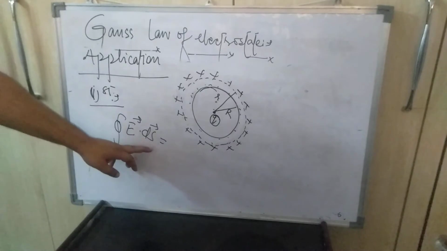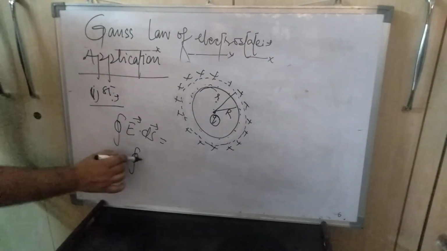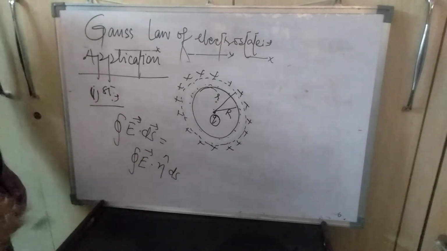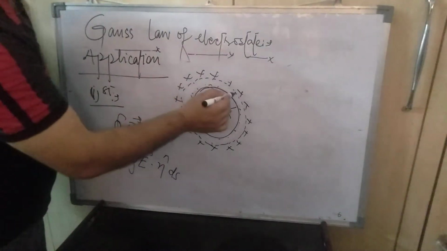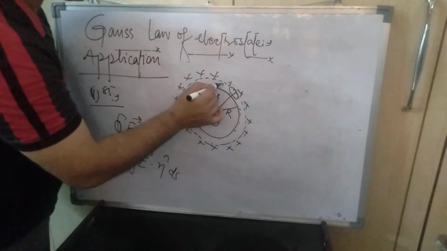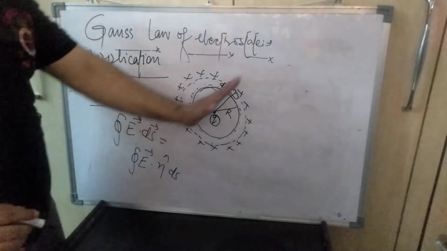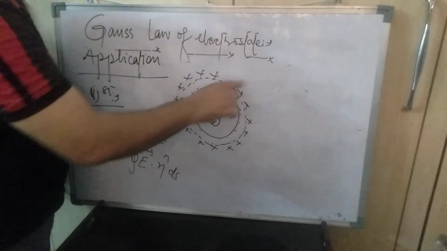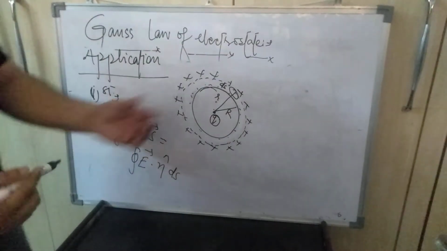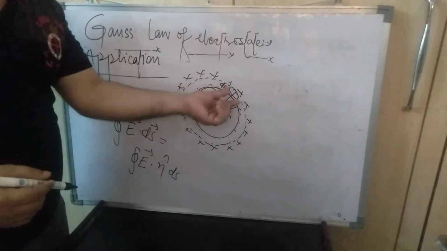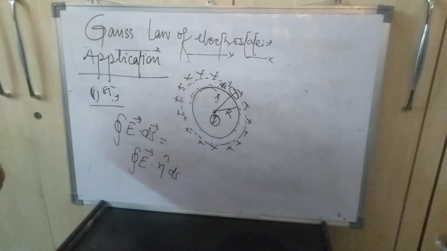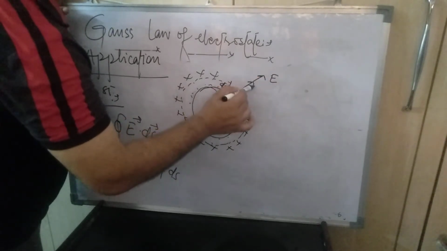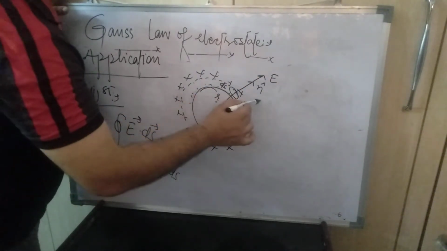It may be written as the integration of E dot eta ds. We can consider, let us suppose, here a smaller area ds, and these are the electric field lines which are going to pass through that. Now the electric field lines are passing through this bounded region. What does that mean? That becomes the flux actually. That is the flux which we are going to find out. Now we know that the electric field will be outward and eta will also be in the same direction as r cap.